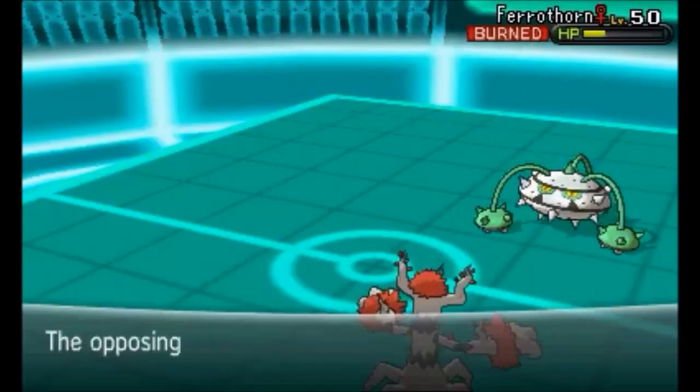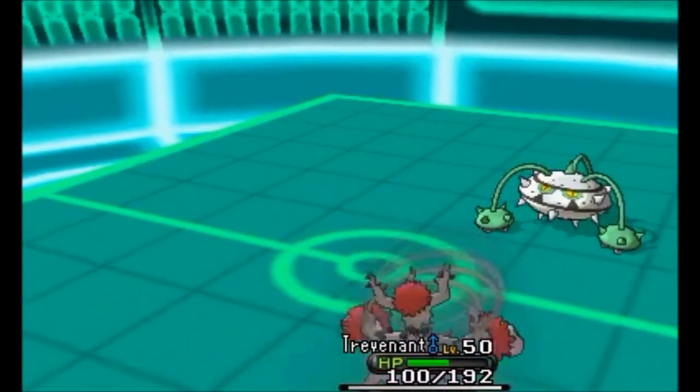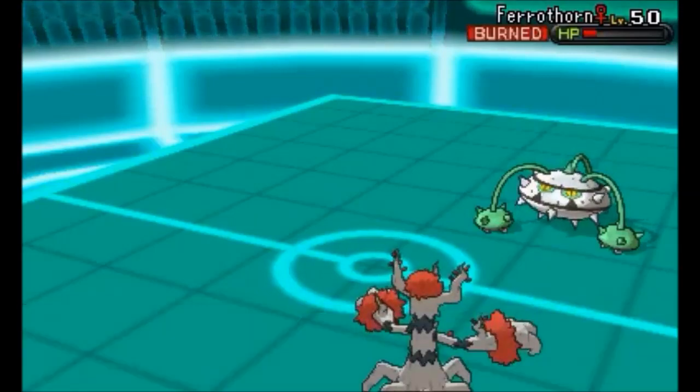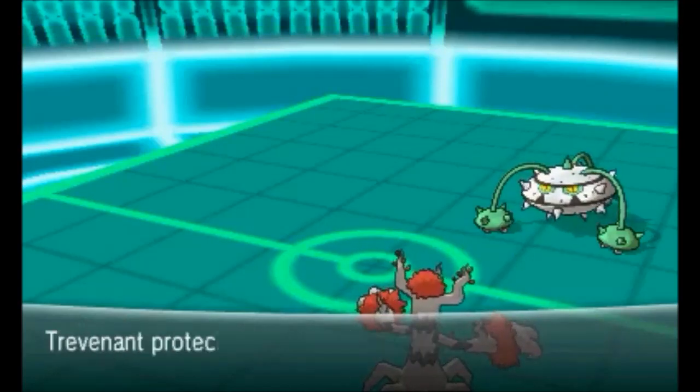Ferrothorn at this point will not be able to KO Trevenant regardless of what it does. It does go for another Gyro Ball, of course. It's the only option at this point, since Leech Seed is not going to affect me, and Power Whip is not going to do very much damage at all. And now I know I just need to Protect twice to win the game, or even Protect once. But like I mentioned, Ferrothorn at this point can't one-hit KO Trevenant, so Trevenant's basically going to seal up the game for me,